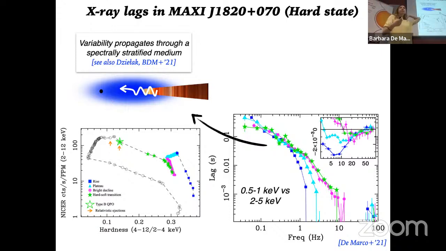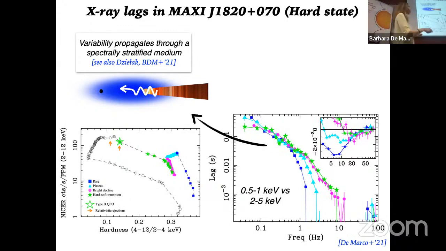And the best model that explains these time delays is a model that invokes the propagation of perturbations in the mass accretion rate that are produced at different radii in the accretion flow. This produces variability over different time scales, but some of them diffuse down and can reach the innermost part. So this diffusion from the outer radii to the inner radii is what produces these hard delays, because the outer parts produce much softer radiation. The inner parts produce harder variation. So this naturally produces a soft to hard time delay. So basically what I want to say here is that these lags, in this scenario, are related to diffusion timescales